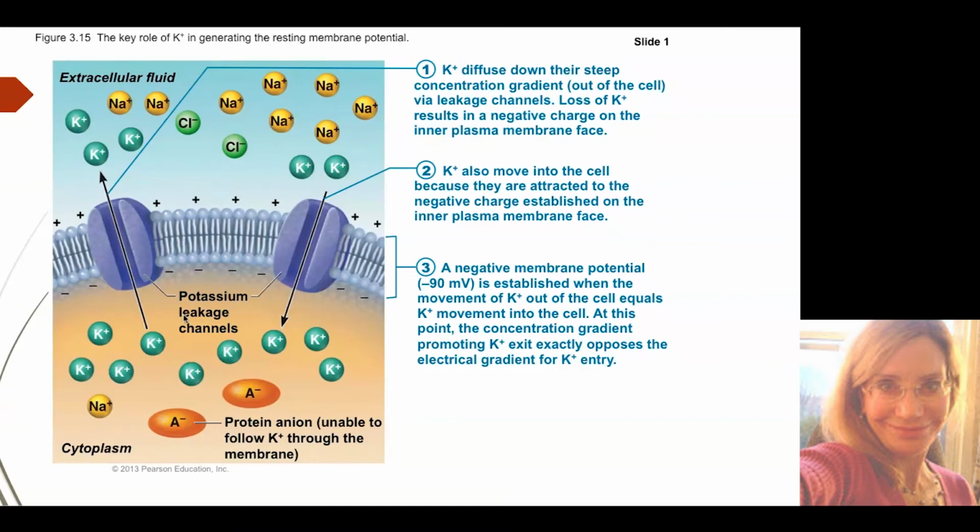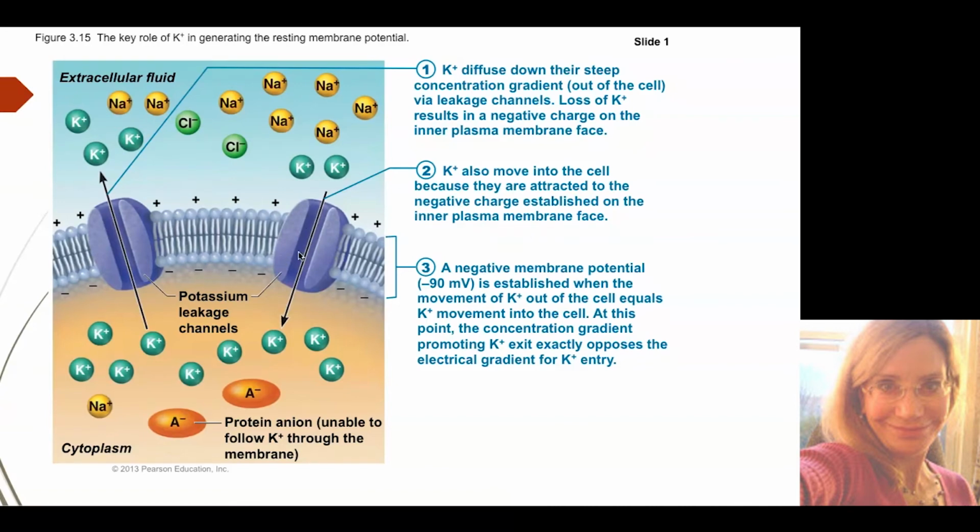The loss of potassium from inside the cell is going to end up drawing these negatively charged proteins to the inner surface of the cell. So this is going to be really negative along the inner surface. The potassium also move into the cell because they're attracted to the negative charge established on the inner face of